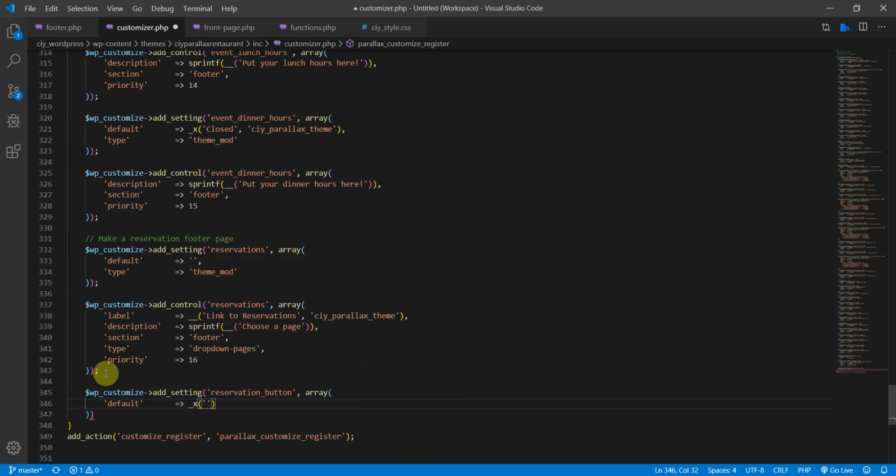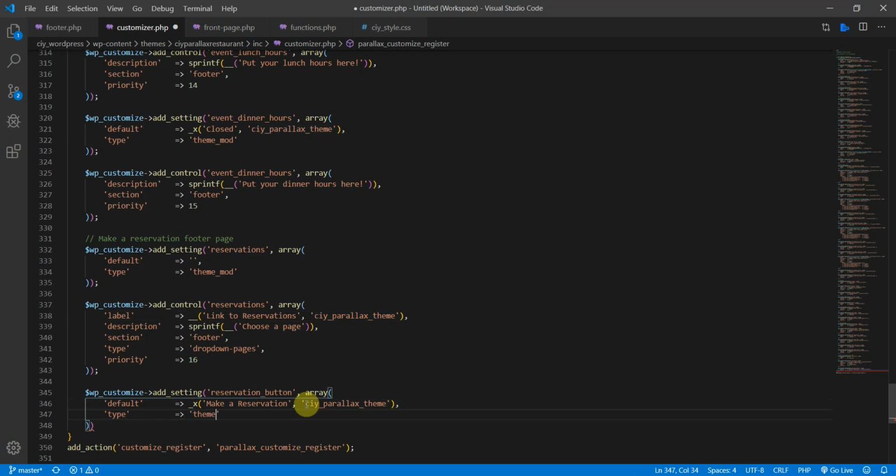Oh yeah, make a reservation. Was that the same? Yes, make a reservation. Then let's put in the name of the theme, like so, and then the type is going to be theme mod,